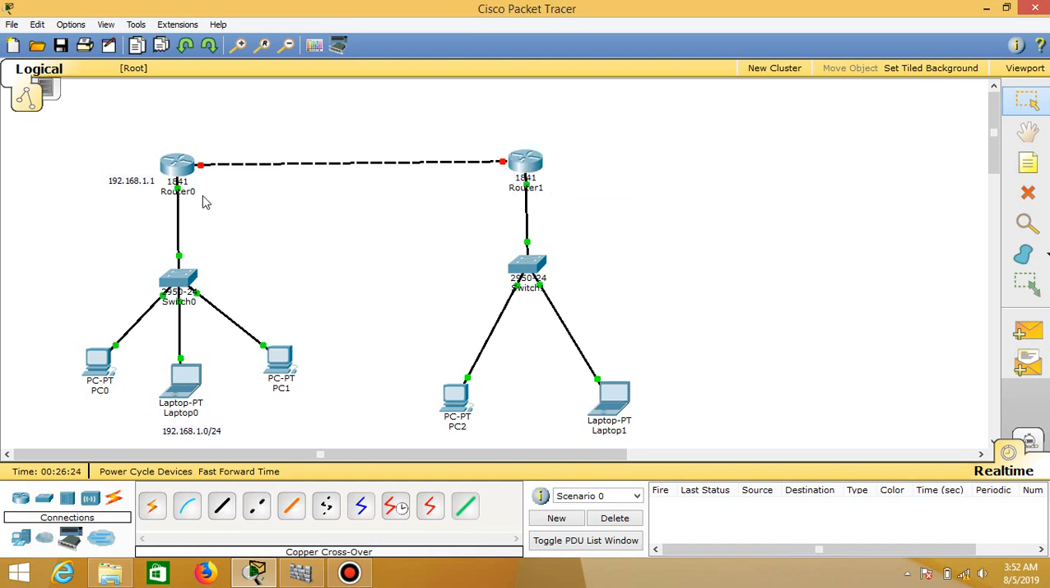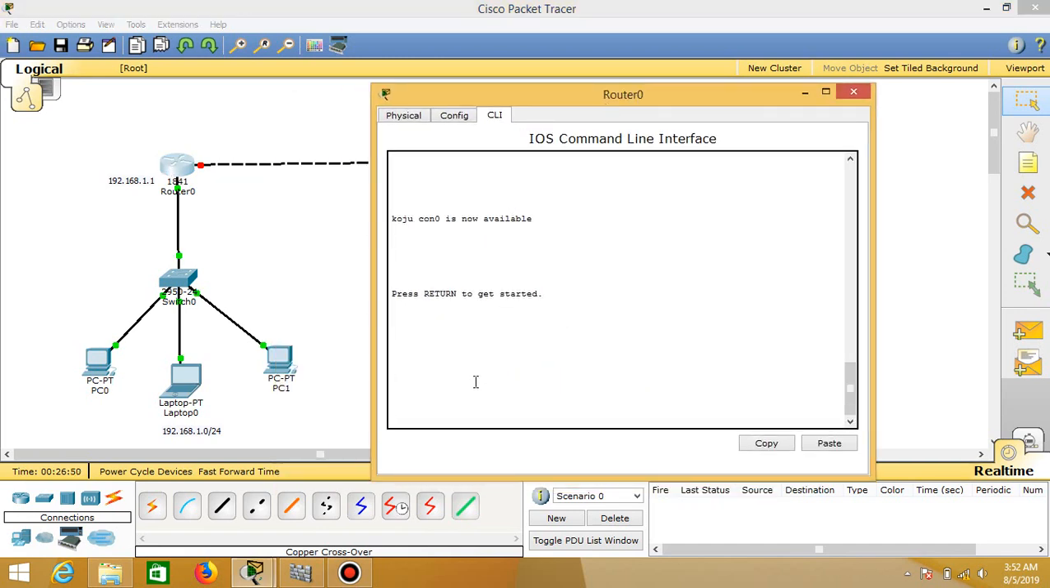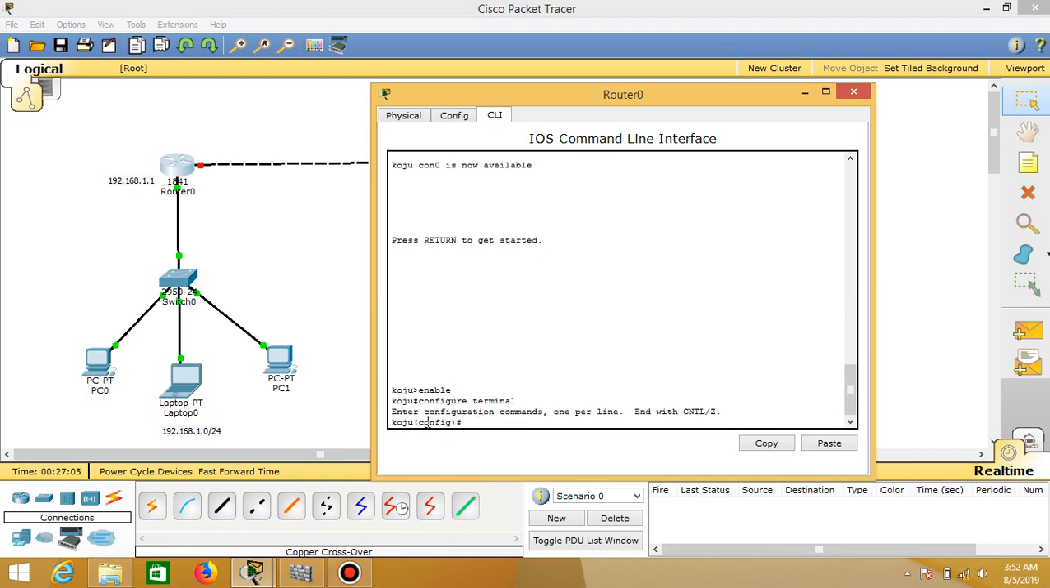Now we can see the red dots between these networks. That means the connection between this network and this network is not a good connection. That means we cannot send messages from this host to these host machines. So now let's configure this router. Previously we set the hostname of this router as kozu, so kozu is shown instead of router. Enable this and go to the configuration